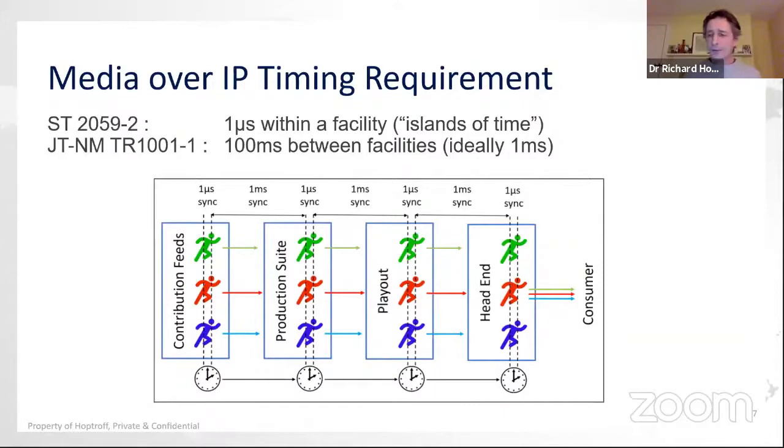The reasons this becomes important is because of things like if you've got two TV screens in a pub and they're transmitting at different times, it becomes very noticeable. If there are financial repercussions to what's being transmitted, such as online gambling or transmitting news which people will trade on, we do need much, much tighter time. So this is why we set the limit of 1 millisecond, and ideally a factor of 10 better than that, 100 microseconds for the entire delivery chain.